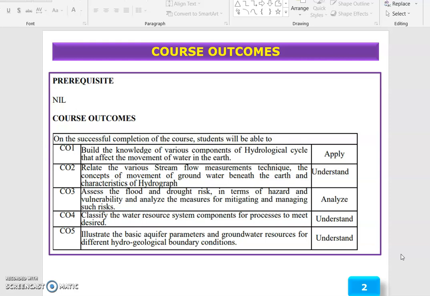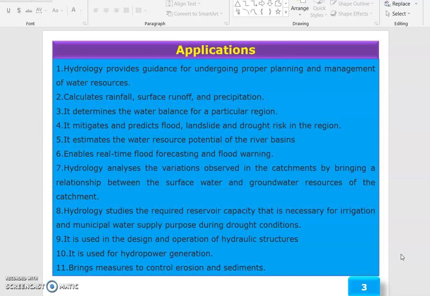Understand and classify the water resources system components per process to meet desired needs, as course outcome 4. And we can understand and illustrate the basic aquifer parameters and the groundwater resources for different hydrogeological boundary conditions in course outcome 5. The application of this hydrology provides guidance for undertaking proper planning and management of water resources, calculating